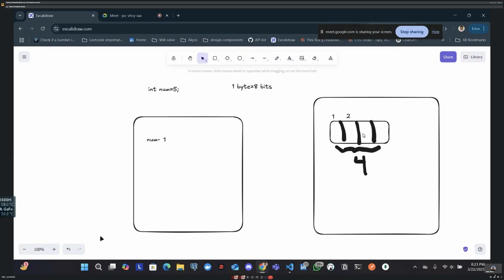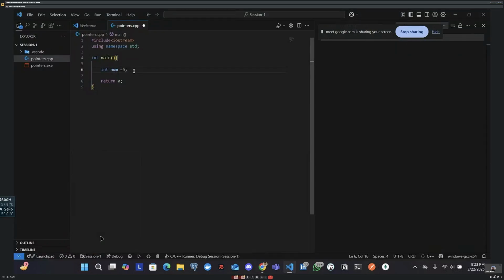Now there's an operator in C++ known as the ampersand, which looks like the and operator. The ampersand operator helps you get the location, the address where the data is stored. So let's try this out. It's int num equals 5. So if I write cout, ampersand num, endl, typo, and if I run this,